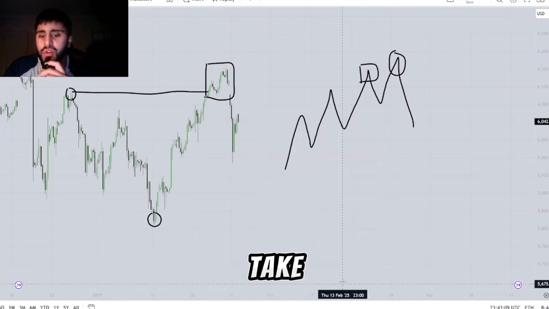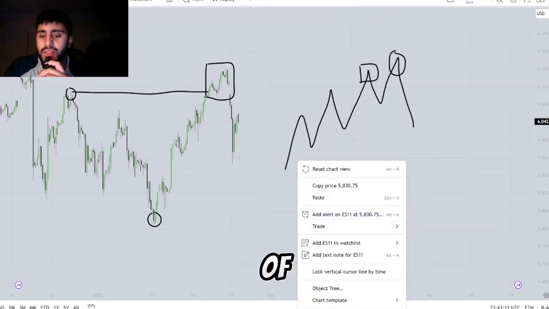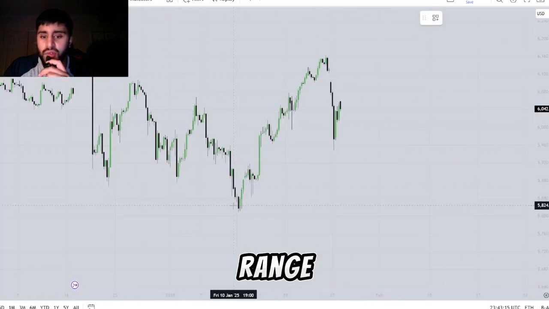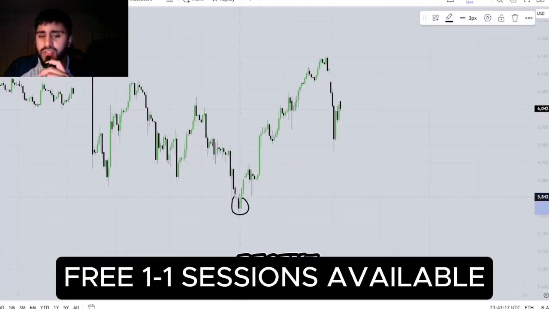So whenever you take trades, you want to understand where you are in terms of basic market structure. Very important to understand this. Now from here, we have a dealing range, right? So a dealing range is simply the most recent structural high